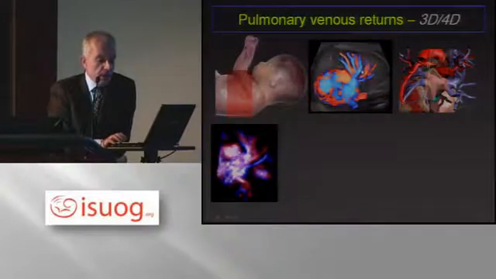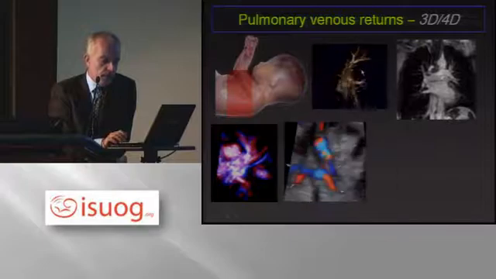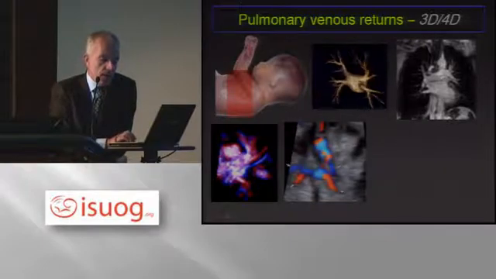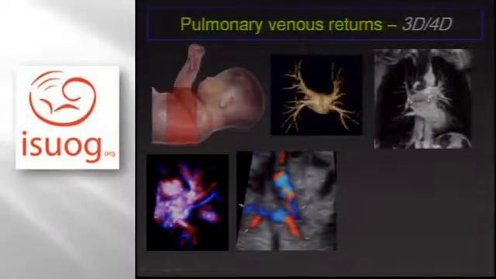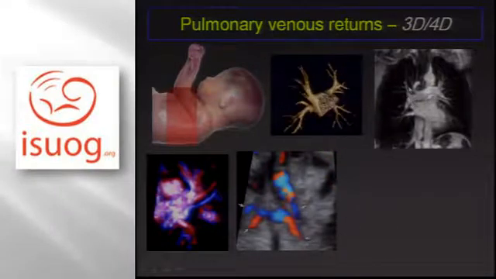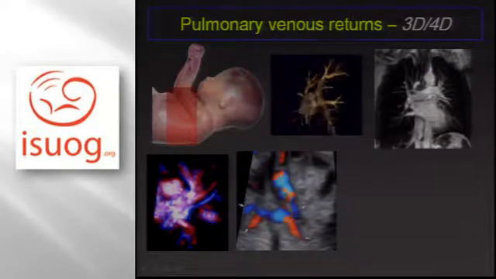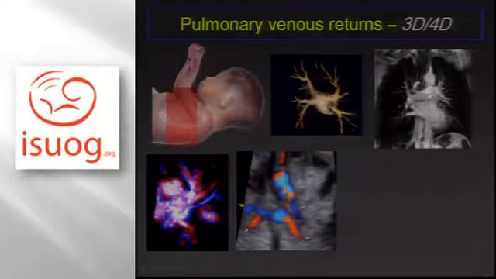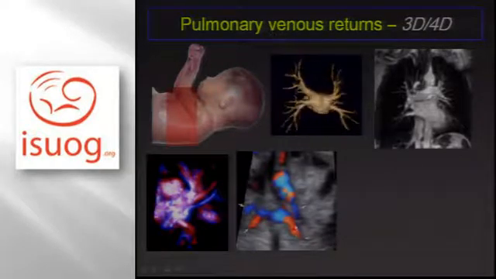You can go into the parenchyma in this way, and you can also use your cast and reconstruct coronal images. This was an MRI angio from the posterior aspect of the heart, and you see here the 4 pulmonary veins merging at the level of the left atrium, and you can actually reconstruct the same aspect here. This is the aortic arch up there, and these are the 2 upper and the 2 lower pulmonary veins meeting